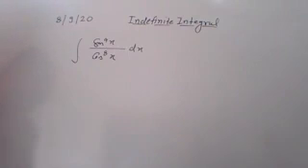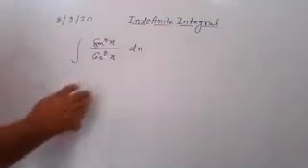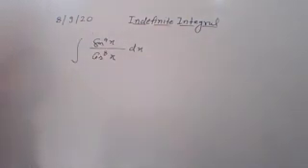Means you can say that here the values of m and n are rational numbers, not natural numbers. So in that case, if such type of situation is there and you want to find the integral of that, you have to divide numerator and denominator by cos square x. Understand? Here you divide it by cos square x.